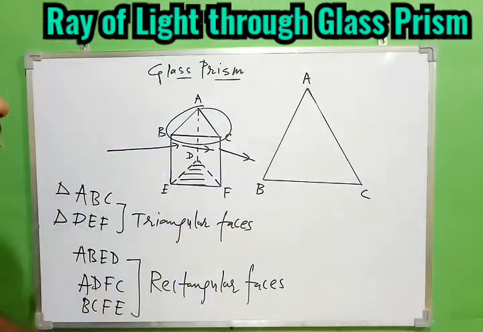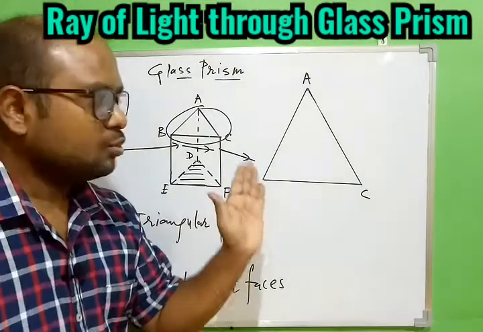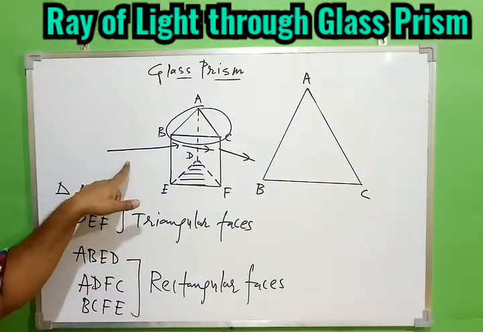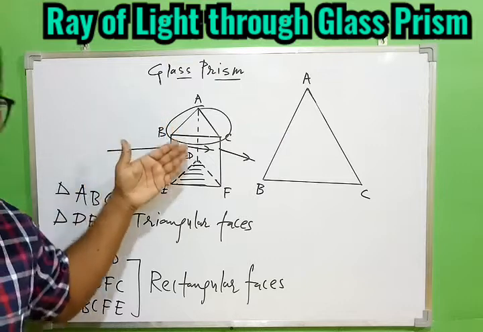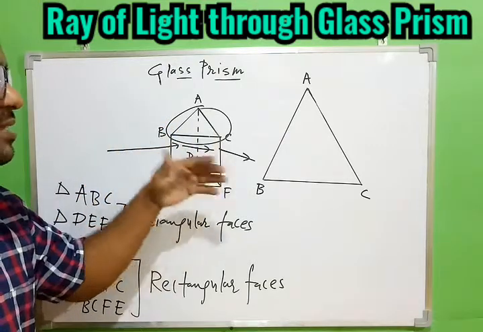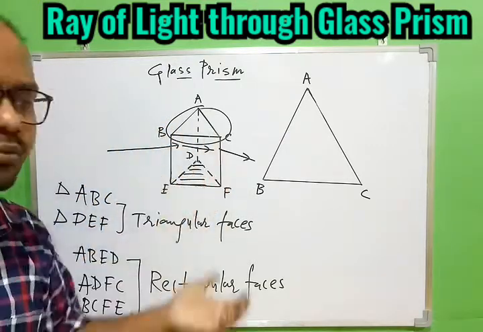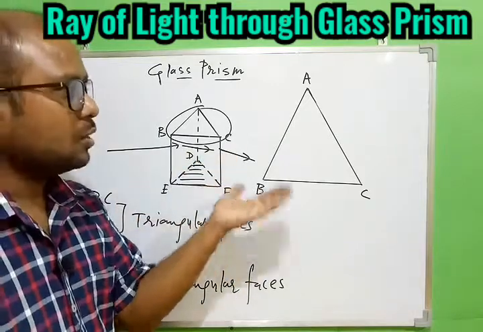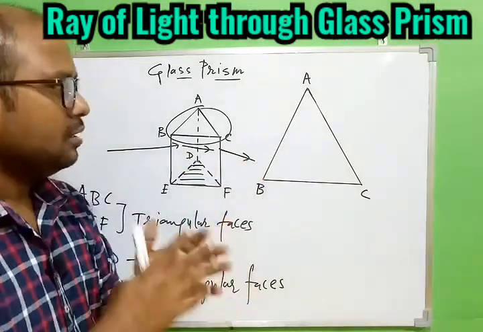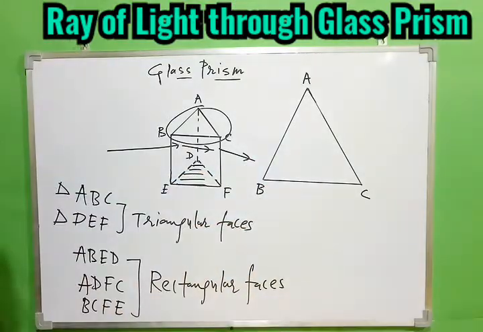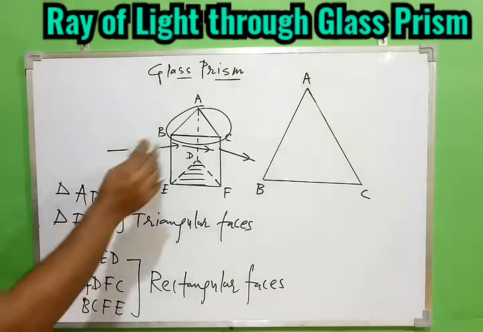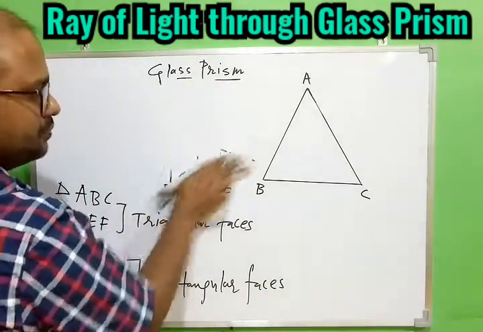But always remember, when we are talking about the refraction through the glass prism, the refraction is basically done first by the first rectangular face, then second by the second rectangular face, but we see from the top, so it looks like a triangle. So that is the picture you should have when we understand the concept. So let's erase this diagram.